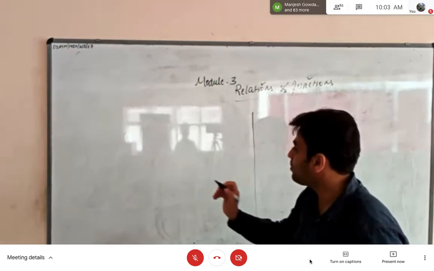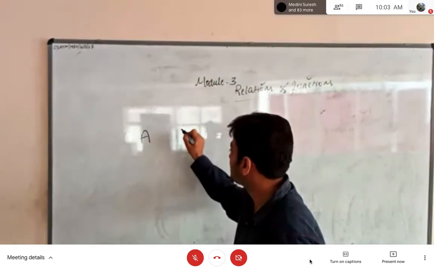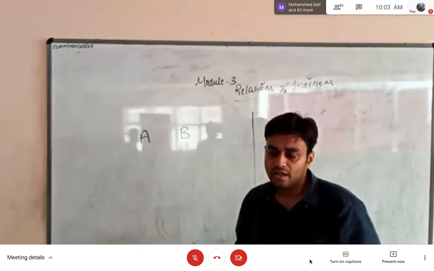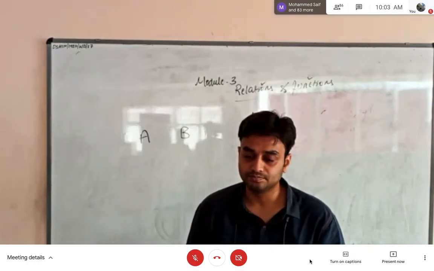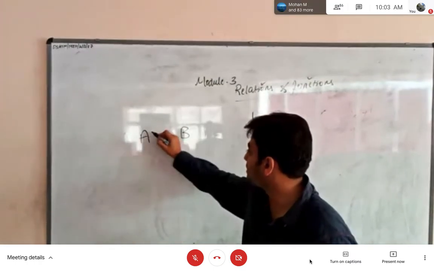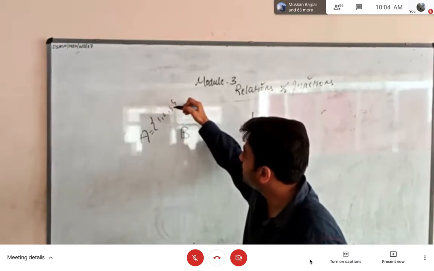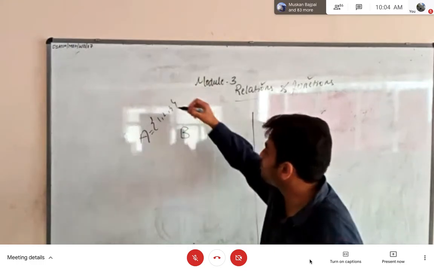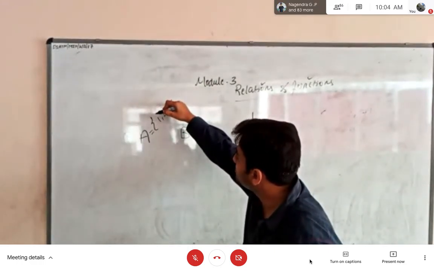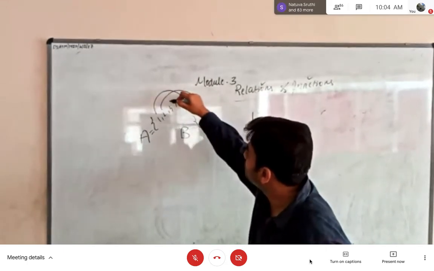Fine. So now assume that I have two sets. Say for example, this is the set A and this is set B. Now if I ask you to prove set A is equal to set B, how can you prove? You will take some element, say for example, the elements in the set A are 1, 2, 3. Whatever elements are present in A, you will check whether they are present in B also. Like the first element is 1. Is it there in B? You will check. Next you will check with the 2. Next you will check with the 3.